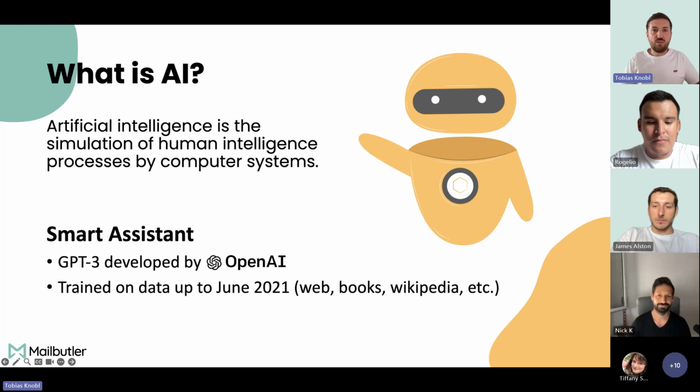But ChatGPT is developed very broad, and we developed our smart assistant really focused on email communication. But still, we're using the smart artificial intelligence of OpenAI because it's very well trained.